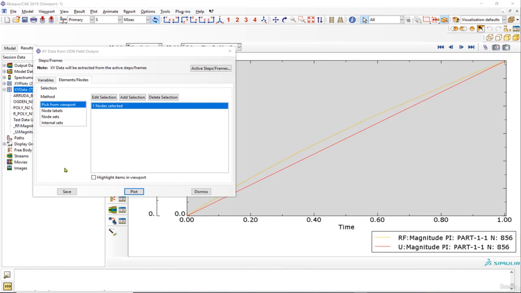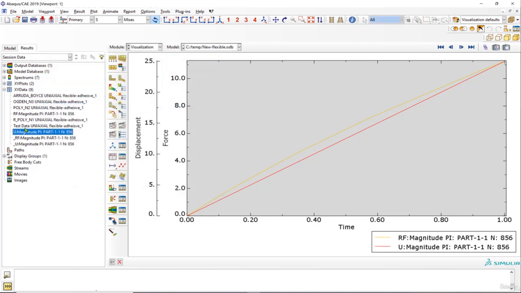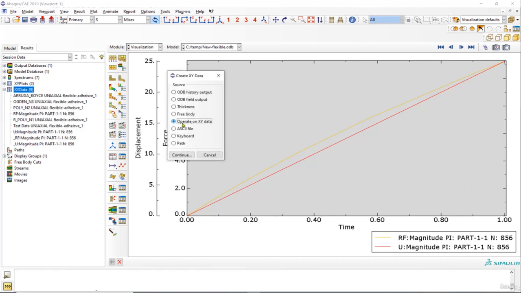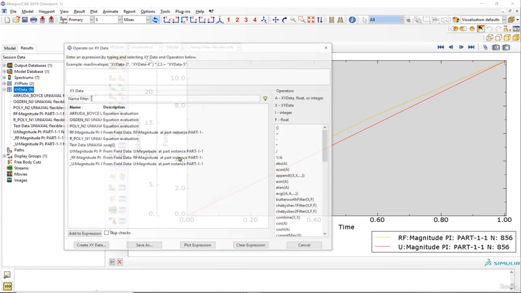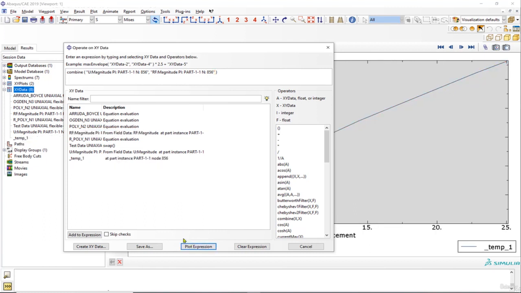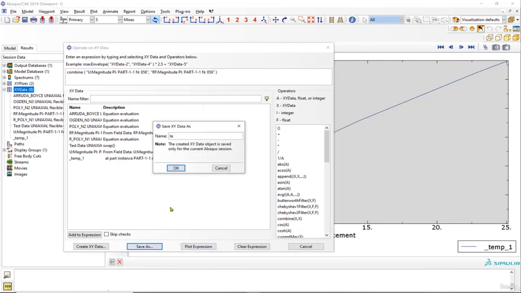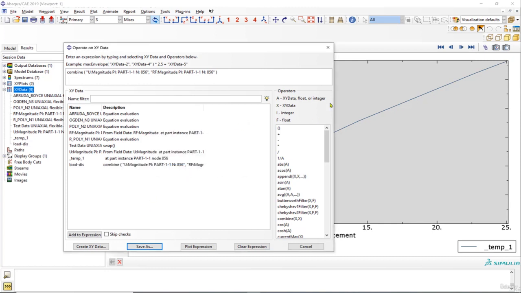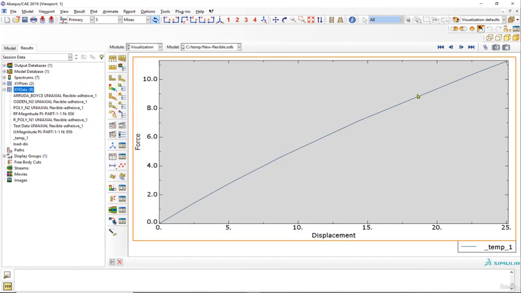Okay, so I'm going to save these data, click on OK, and I have them as U and RF. It's this one, yeah, these two. So I can combine them together to create a force displacement by going to operate on XY data. Click on continue, say combine, and select U as the displacement and RF as the force. Plot this one and save the data as load displacement. Click on OK. So this is basically the load displacement data that we have, but bear in mind that this is basically